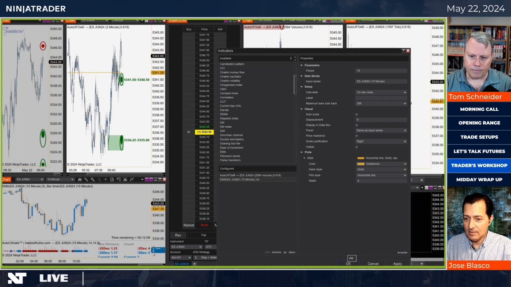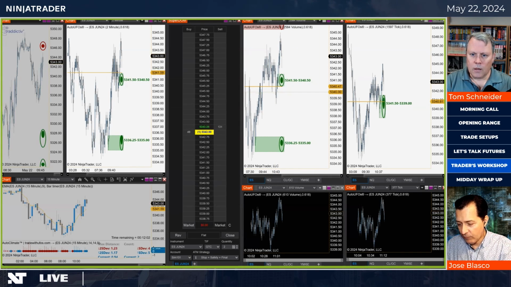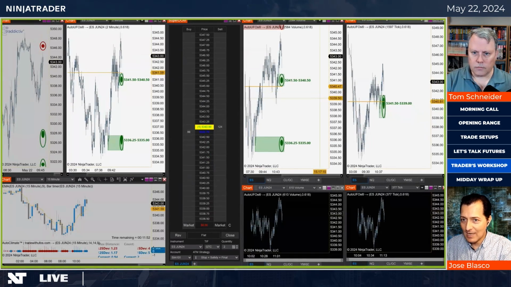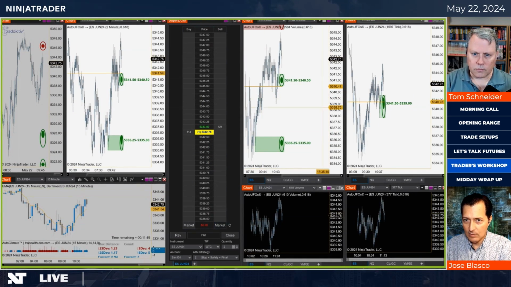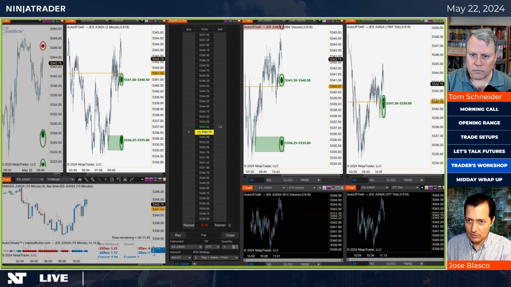Exactly. So the beauty now when I click OK is that I'm going to have a horizontal line here on this chart, which is the average. If I freeze the screen one more time, this line is showing 5,340.47, which is the average calculation. Oh, I just made a mistake, I didn't make it move with price. Let me go back to indicators. One second.